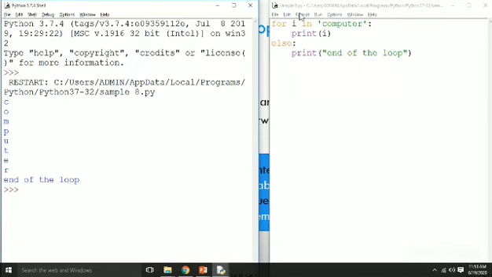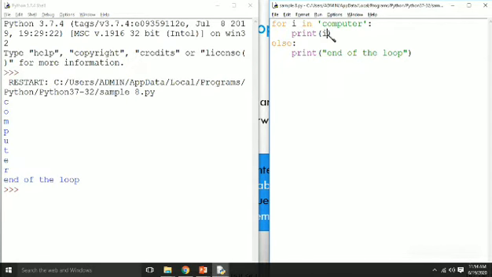The string will be iterated one by one: i in C, then we'll check i in O, then i in M, then i in P, U, T, E, R. So step by step we will get the output. Finally the end of the loop, which is, if the for loop goes false, the else part will be working.